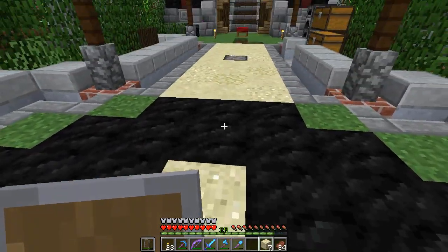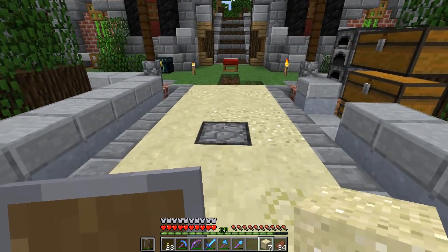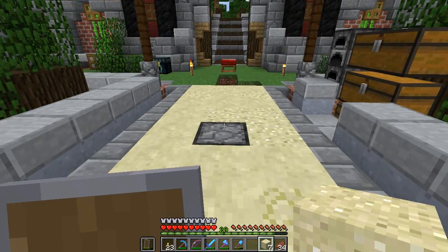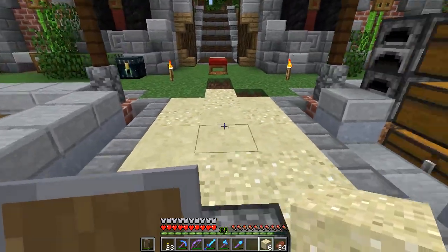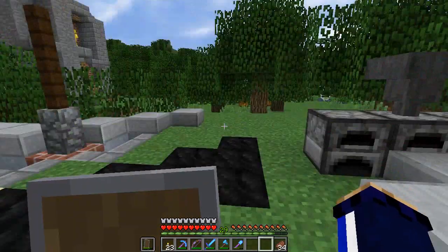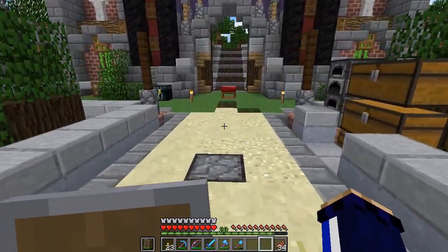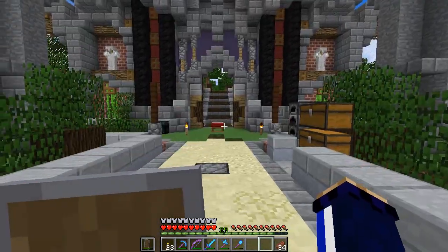whose presentational style I absolutely love and whose building style is superb, has some fantastic building chops, knows what he's doing 100%, 110%. But he started using his own texture pack now, and on the Crewcraft server he's using the Sphax texture pack, which is similar enough to default, but just changes the look of the way you build things, and means that if I were to rebuild stuff like that in my own survival world, I would have to use his texture pack,